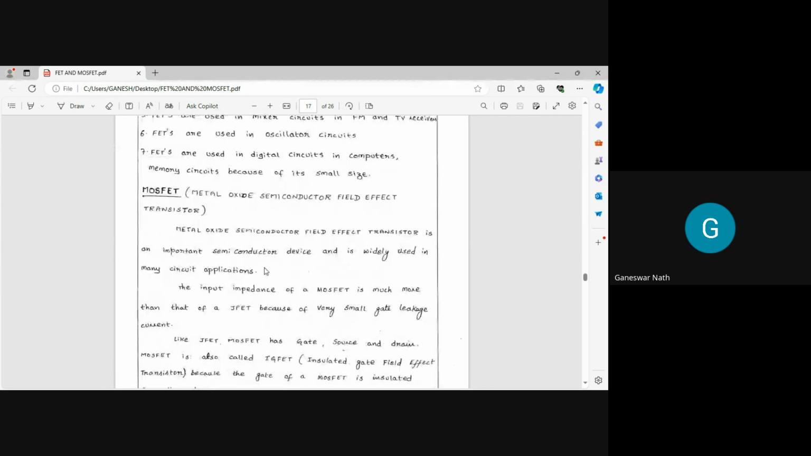Now we will go for the MOSFET. So what is a MOSFET actually? This is also one type of transistor, that is a metal oxide semiconductor field effect transistor. Sometimes you can see it also written like this. So you can find